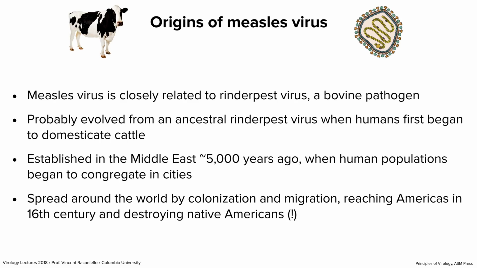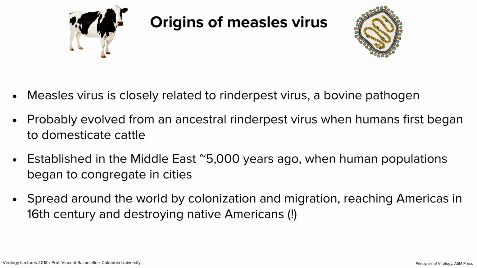Measles virus jumped into humans about 5,000 years ago. It's very related to a virus of cows called rinderpest virus. And the idea is we first began to domesticate cattle. The ability to domesticate animals made bigger cities possible because the food supply was assured. So we now had cows around us, and we got viruses from the cows. We domesticate animals, we get those viruses. So we think that measles came from cows to humans in the Middle East about 5,000 years ago when people